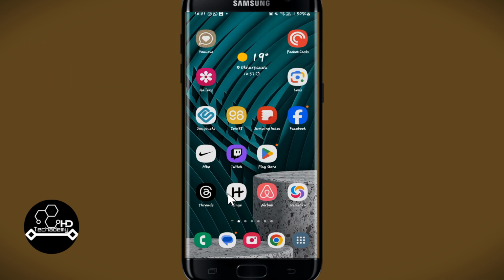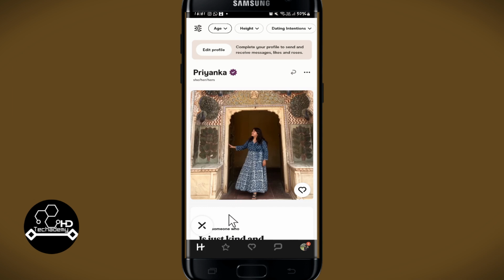First of all, open up the Hinge application on your device, and if you haven't logged into your account already, proceed forward with your email address and your password or your phone number. After logging in, you will end up within the homepage, from which you can directly start interacting with various different profiles. Now, if you wish to deactivate your profile and you don't wish to use the Hinge account anymore, then